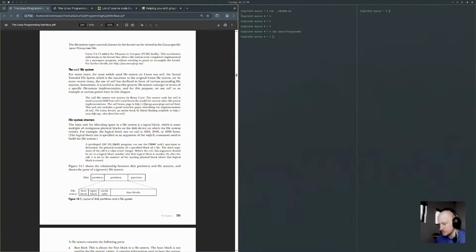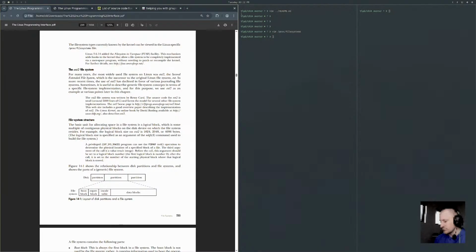For further details, see fuse.sourceforge.net. The ext2 file system. For many years, the most widely used file system on Linux was ext2, the second extended file system, which is a successor to the original Linux file system, ext. In more recent times, the use of ext2 has declined in favor of various journaling file systems.